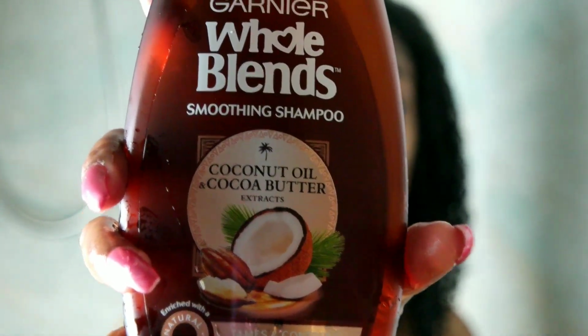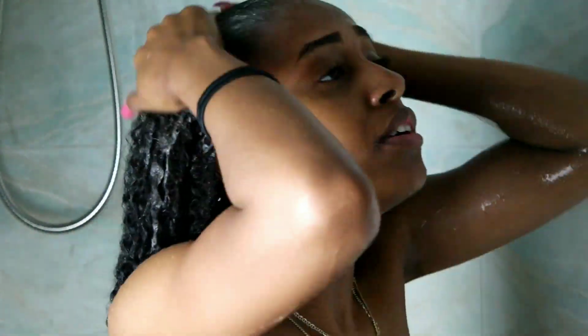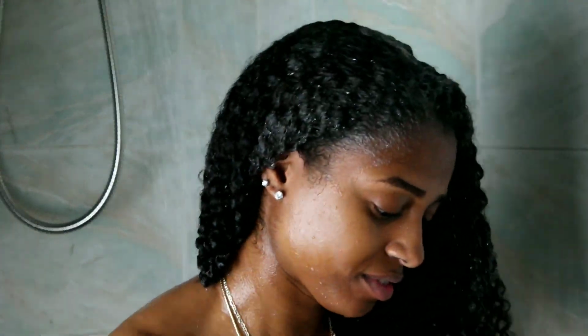Now you're going to see me using the Garnier Whole Blends Coconut Oil and Cocoa Butter Frizz Control Shampoo. Lately, I've been using the Garnier Whole Blends shampoo and conditioner, and I've been loving it. Legit, just loving that stuff, because the shampoo lathers as soon as you put it on, and once you rinse it out, your hair is not dry or anything. It just feels so moisturized. I honestly can't even explain everything about the shampoo. It smells great, it leaves your hair moisturized, it lathers, it cleans, legit, it's the bomb for only